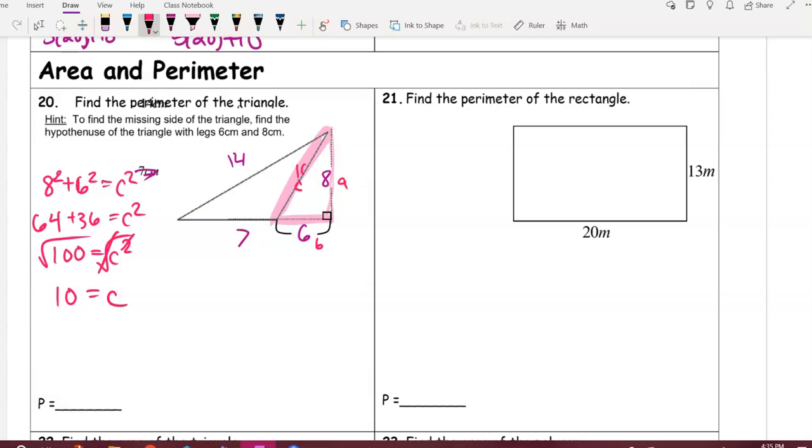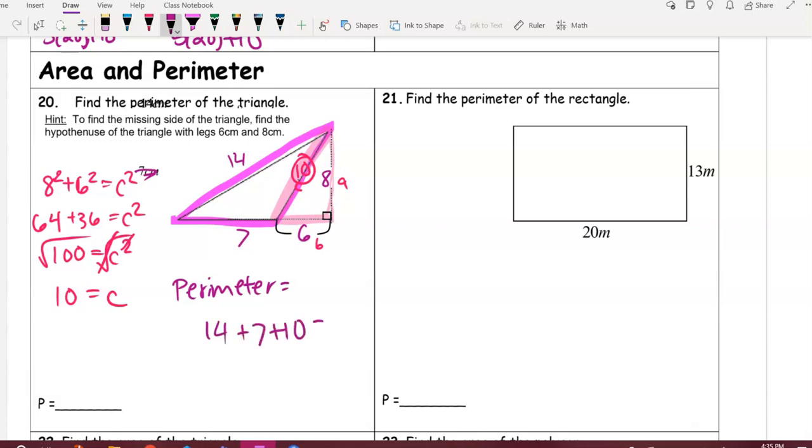So our hypotenuse here is 10. So now we can focus on the actual triangle and add its sides together to find the perimeter. So the perimeter equals 14 plus 7 plus 10, which is going to give us